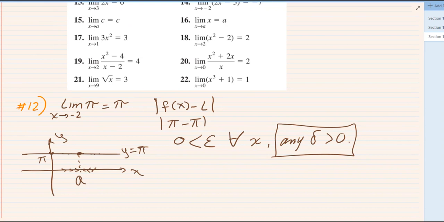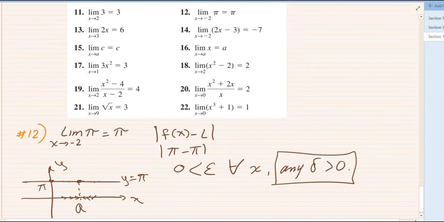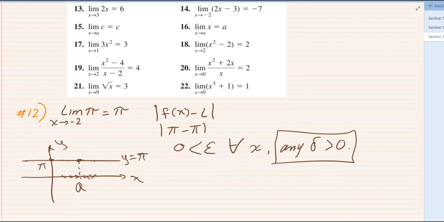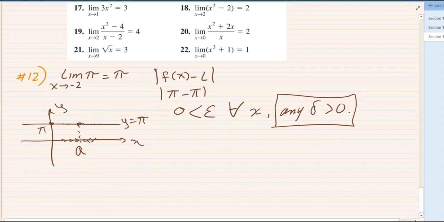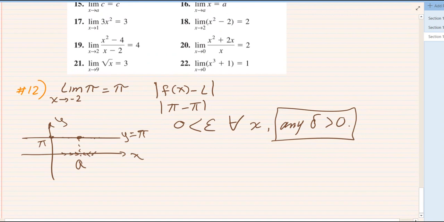Let's say we want to take a look at which one would be good. Something like, maybe the linear functions we have seen. Let me take a look at this. Okay, let's take a look at number 18 actually. Maybe you might want to try number 17, but we'll try number 18 together. Okay, in number 18, we want to prove that the limit as x approaches 2 of x squared minus 2